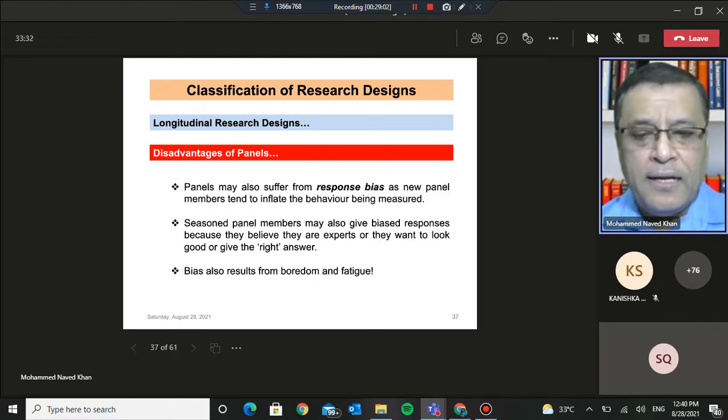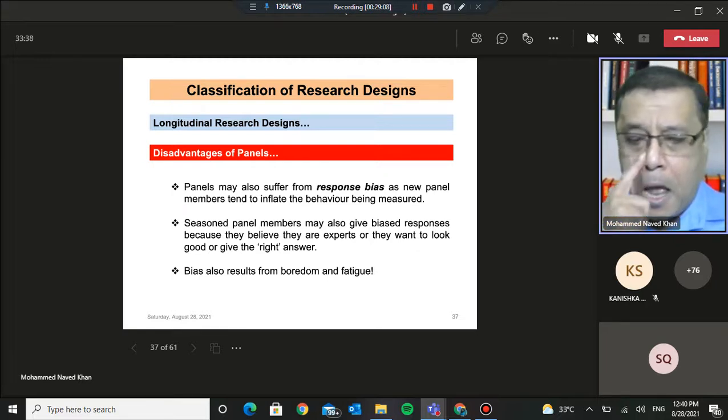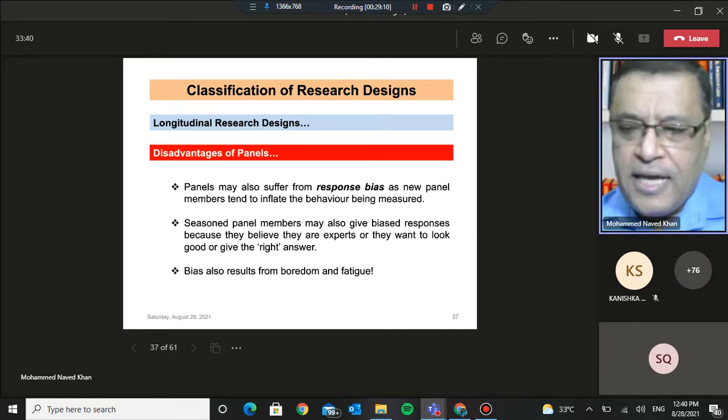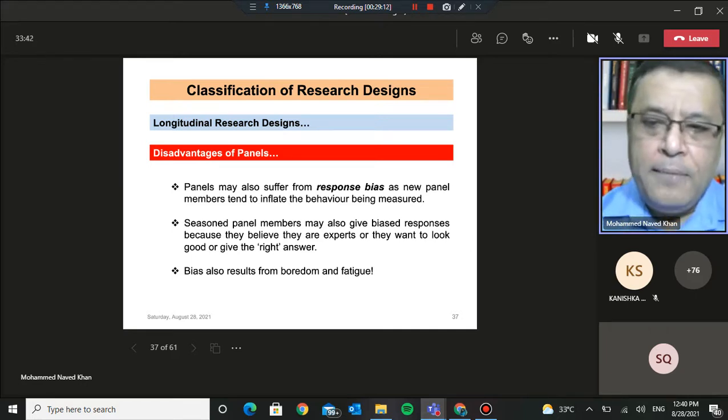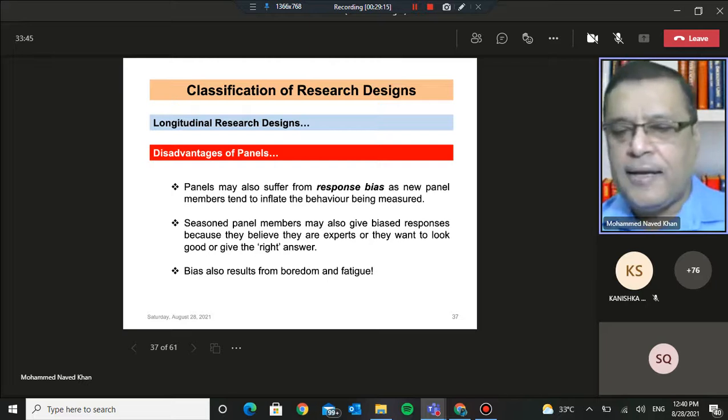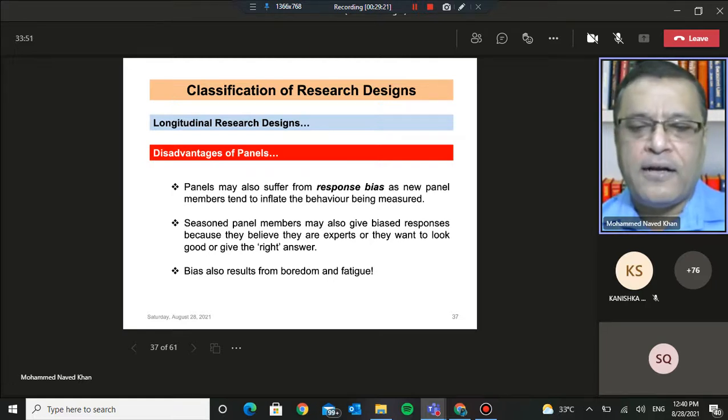Then, panels may suffer from response bias. Now, what is this response bias? It can be of different types. For example, people who have been freshly added to your panel may start giving inflated responses. Why? Because they think that unless they give these inflated responses, the research organization will not allow them to continue to be part of the panel for very long.